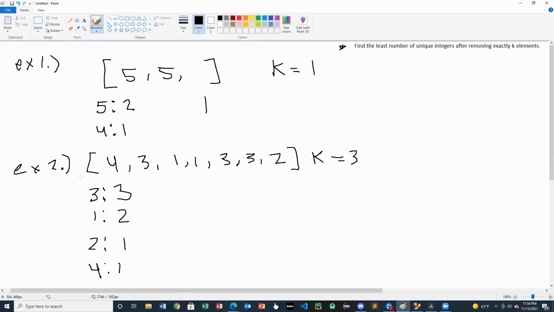So now let's look at example number 2. So we have 4, 3, 1, 1, 3, 3, 2. We have a k of 3. Our objective is to find the least number of unique integers. So for example, let's just say we wanted to take out the 3, which is possible because we could take out 3 integers and 3 occurs 3 times. So if we were to take out the number 3, our result would be 3